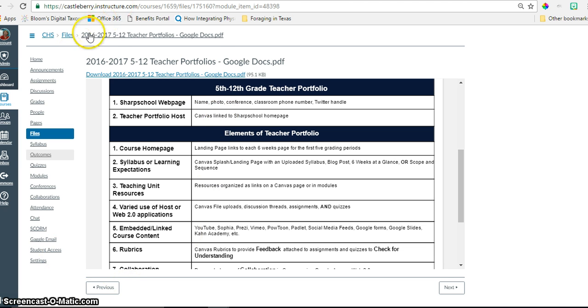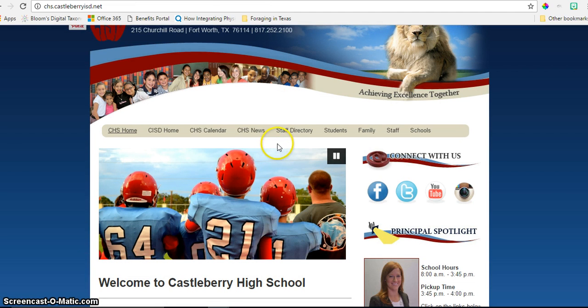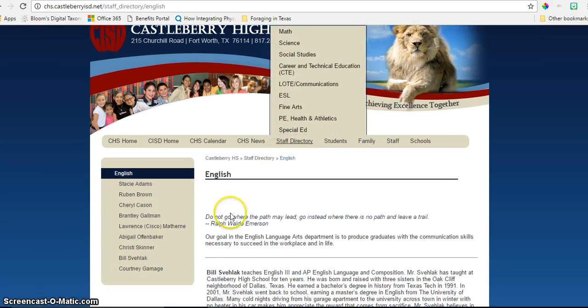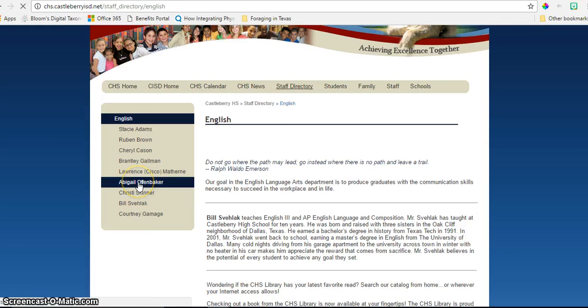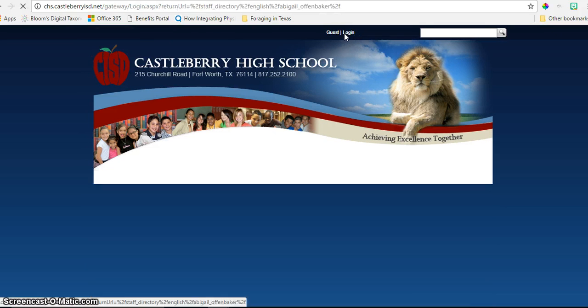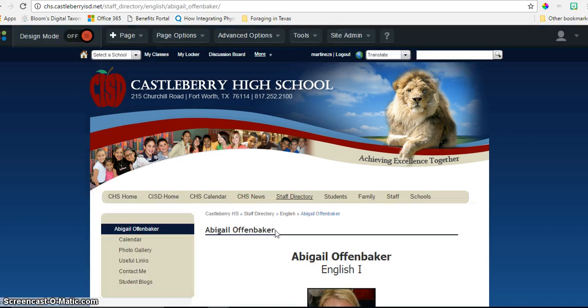So the first thing to do here is to open up your web page, and I'm going to use Offenbacher's as the example. So if you just go to your teacher web page and find it, then you're going to come up here and do login, and it's set to whatever your Active Directory is. So whatever you use to log into the computer is what you use to log into the web host for School Messenger. Now it's going to give me this design mode up at the top, and all I have to do at this point is turn it on,